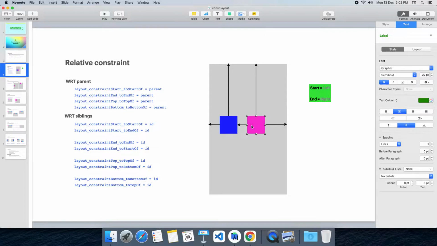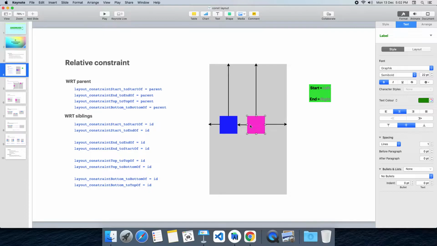How are children aligned with respect to another item? Let's see this view. The left of this view is positioned to the right of this view, because in the layout itself we can clearly see this view is positioned to the right of the blue container. This is the left side, this is the right side.